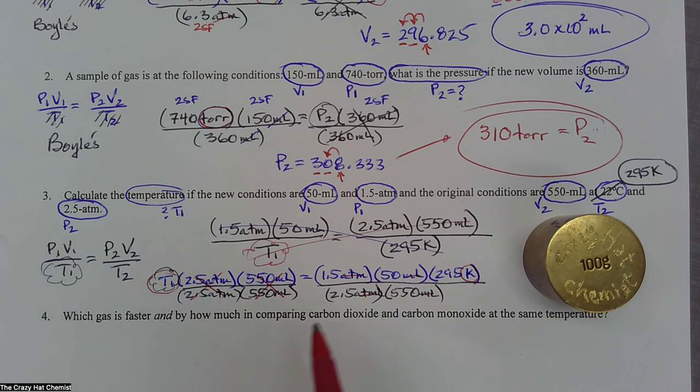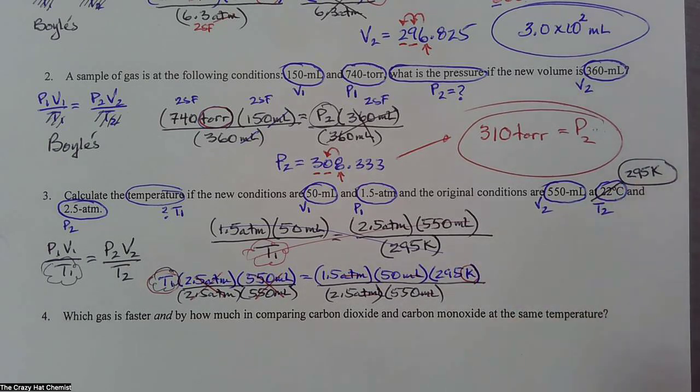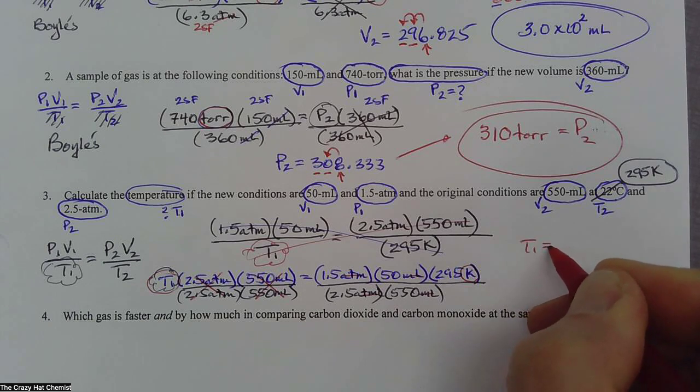That is correct. So what we're going to do is plug into our calculator 1.5 times 50 times 295 divided by 2.5 divided by 550. Okay. So really simple, keep it simple, stupid rule. And that is if it's in the numerator, you multiply. If it's in the denominator, you divide. So I got 1.5 times 50 times 295 divided by 2.5 divided by 550. And the number that I get for T1 in my calculator is